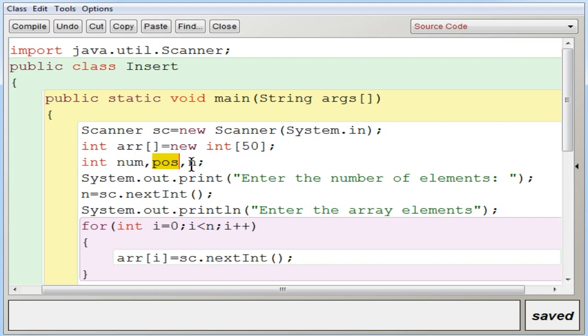Now, as we discussed before, you are going to have 50 elements, but you are not going to execute all the 50 values. You need to input n number of elements. Say for example, I want to input only 5 values. I can just put 5, so that that 5 will be stored in n, and the loop will be executed only till n. That means only 5 times. So to specify number of elements, you need one more variable.